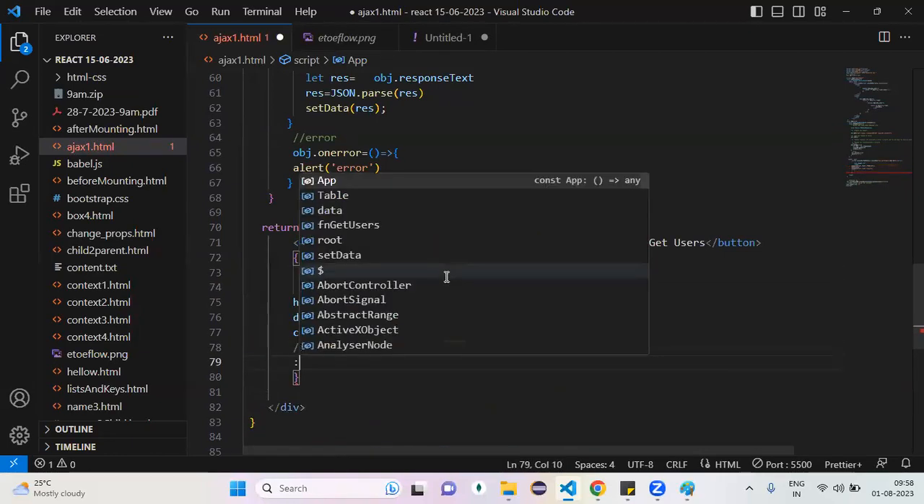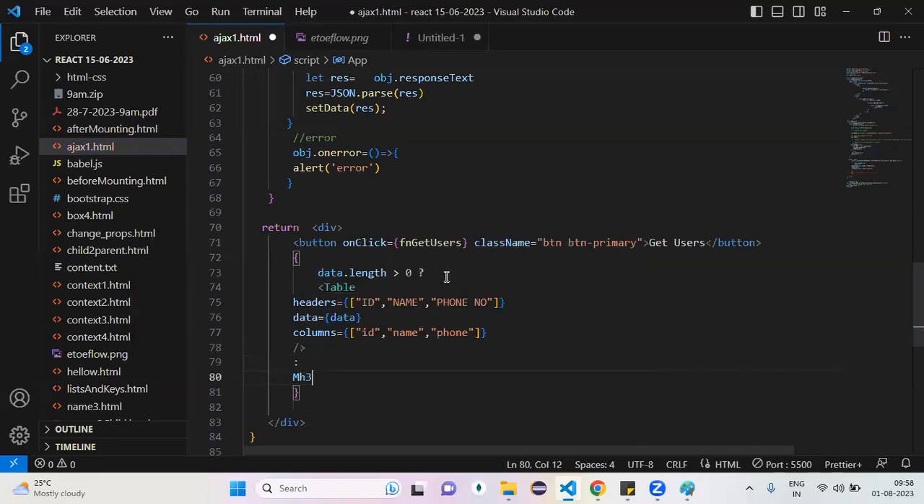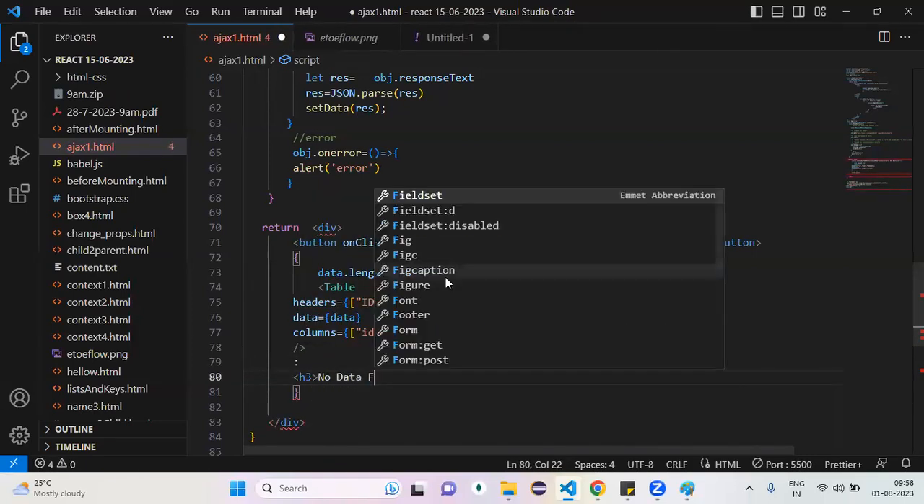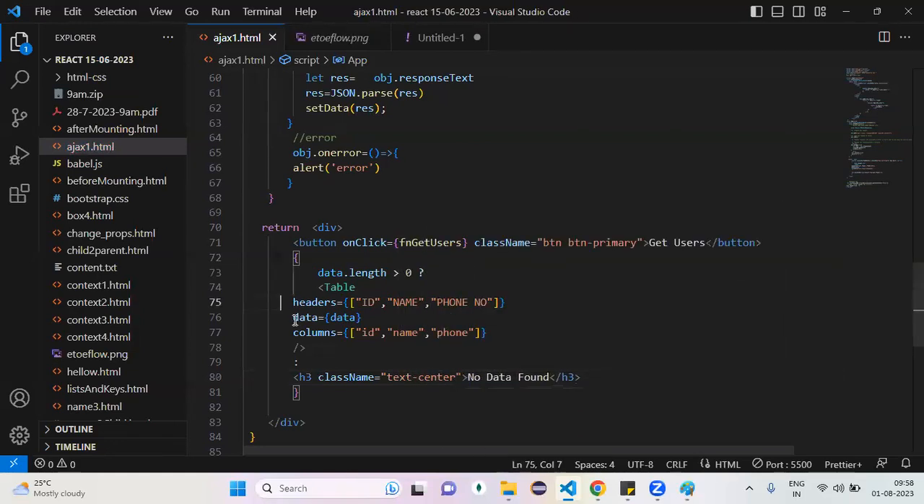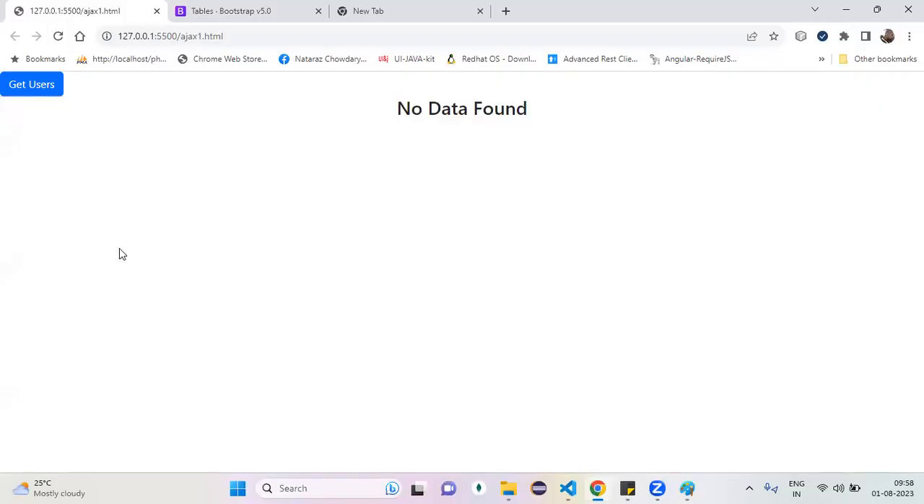Otherwise, show some message like no data found, or whatever it is. I want this in the center. So how can we do that? className equals text-center, a Bootstrap class. Okay, now on first load it shows no data found. Now if I click on Get Users,